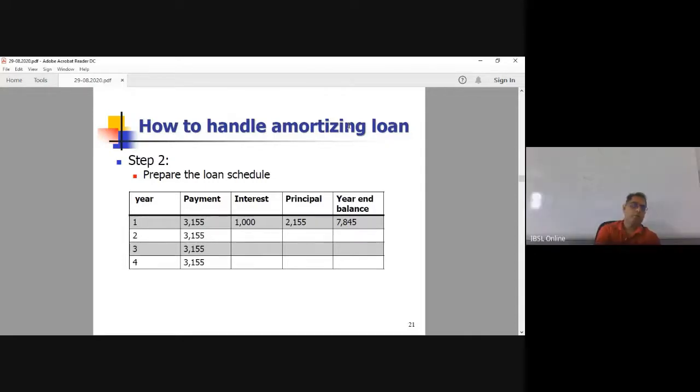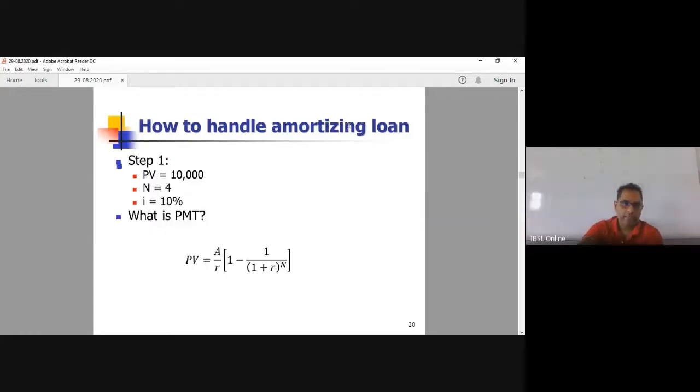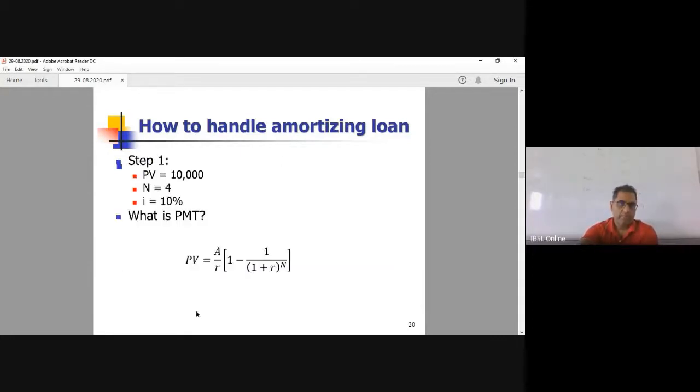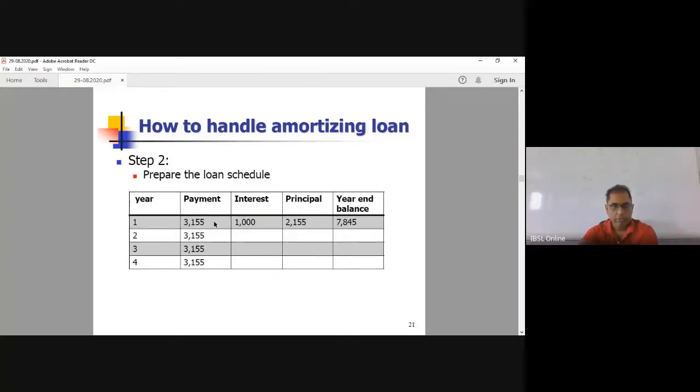Okay, good. So looking at the schedule here, like I said, leave the math out of it for a second. Based on this formula, which uses present value, interest rate, and the number of periods, when you simplify it, you get a payment here. So what I want you all to do next week is plug this data into this formula, in Excel or otherwise. It's a very simple thing. You plug this formula into these data points, A being the amount that you have to pay monthly. The answer you should get is this,